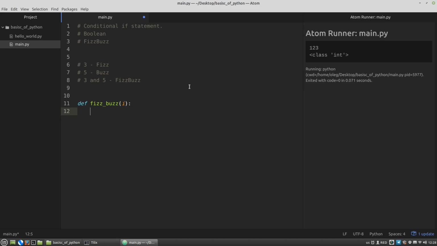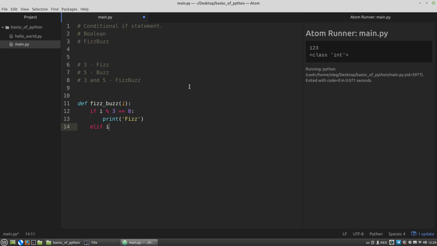If the remainder of the division is 0, then this will mean that the number is a multiple of 3, 5, etc. So if i modulo 3 and the remainder equals 0, then I want to print fizz,